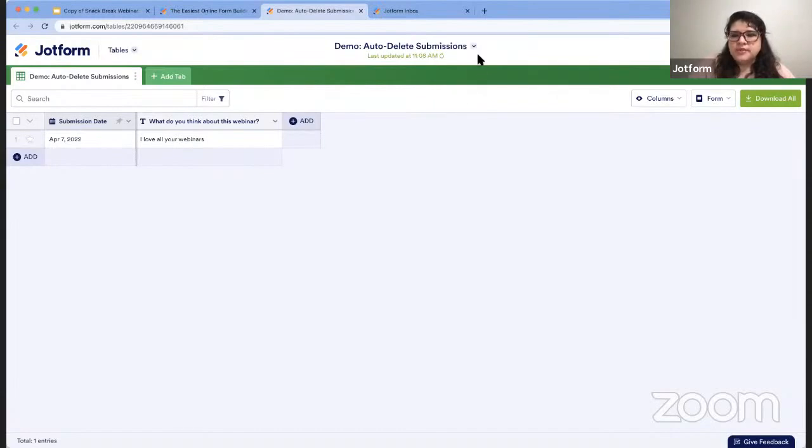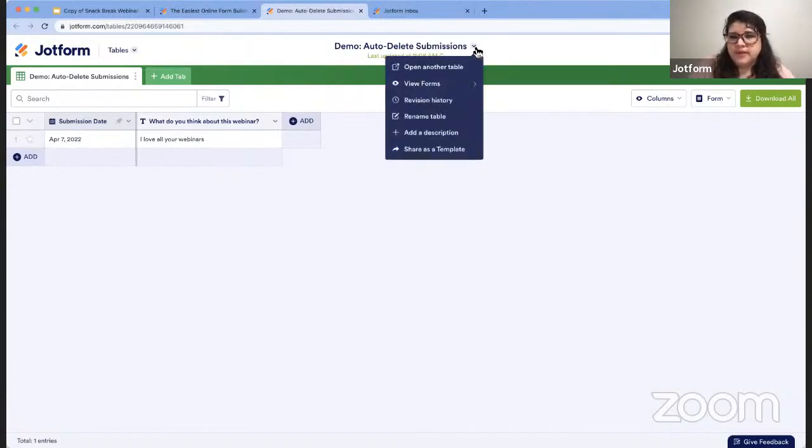But also with tables, you have the option to view previous versions of the table as well. So if you see all your data is gone and you wanted to see what data got deleted or you wanted to revert to the previous version, you can do that from here. At the title of the table is a drop-down menu, and in that drop-down menu is revision history. When you click on revision history, you'll see previous iterations of the table. And if you want to restore a previous iteration, there is a restore button where you can go back to